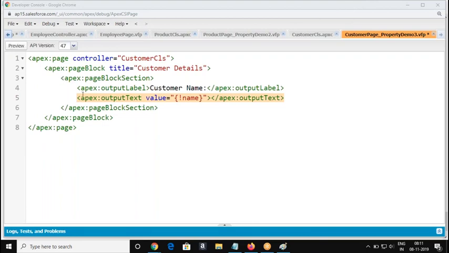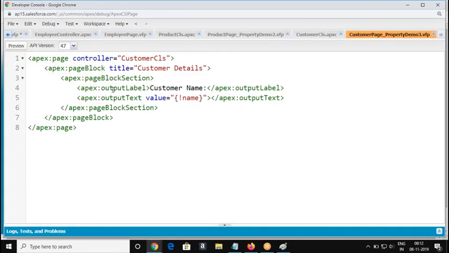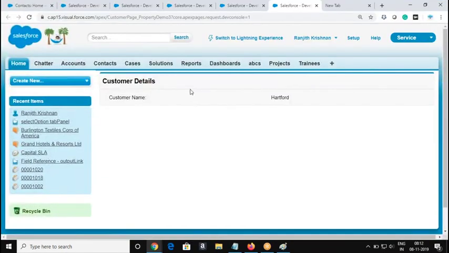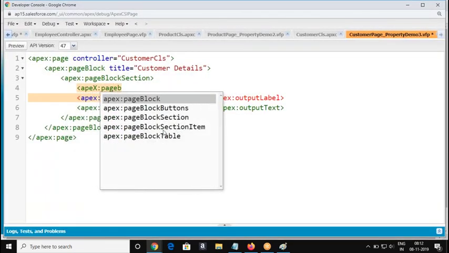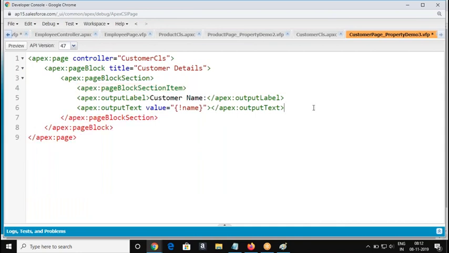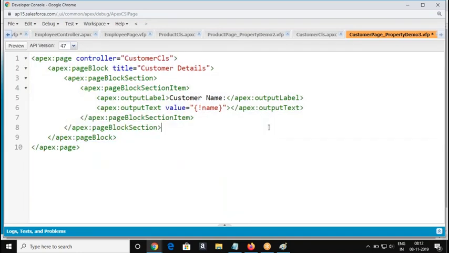Okay. So a preview is what happens. It goes like this, right? Because a component placed in one column contains two cells. So we are going to make this in a page block section item. Right.